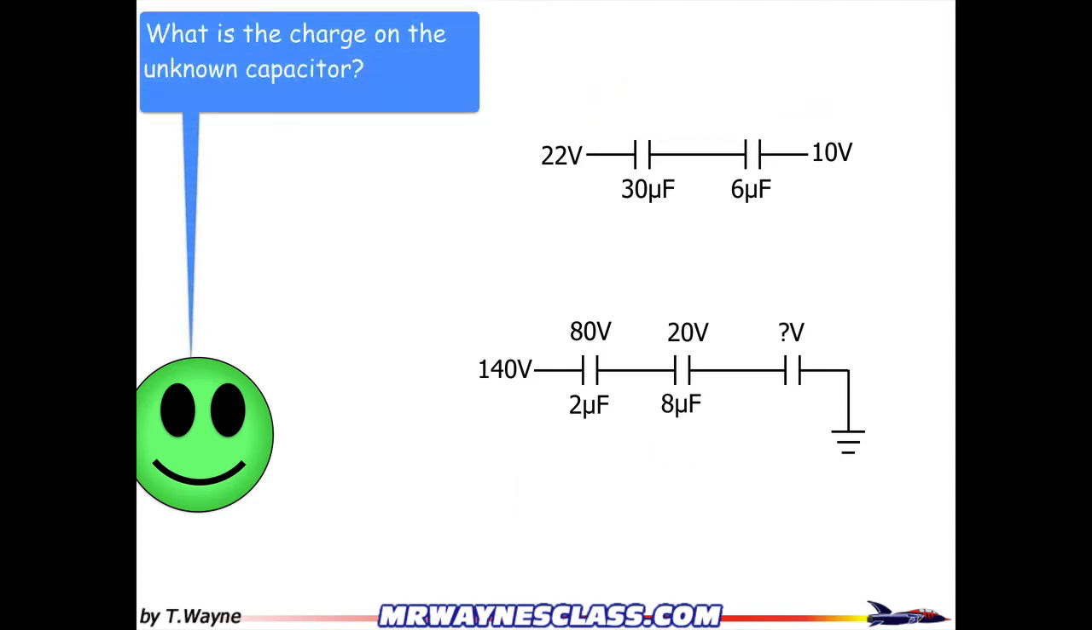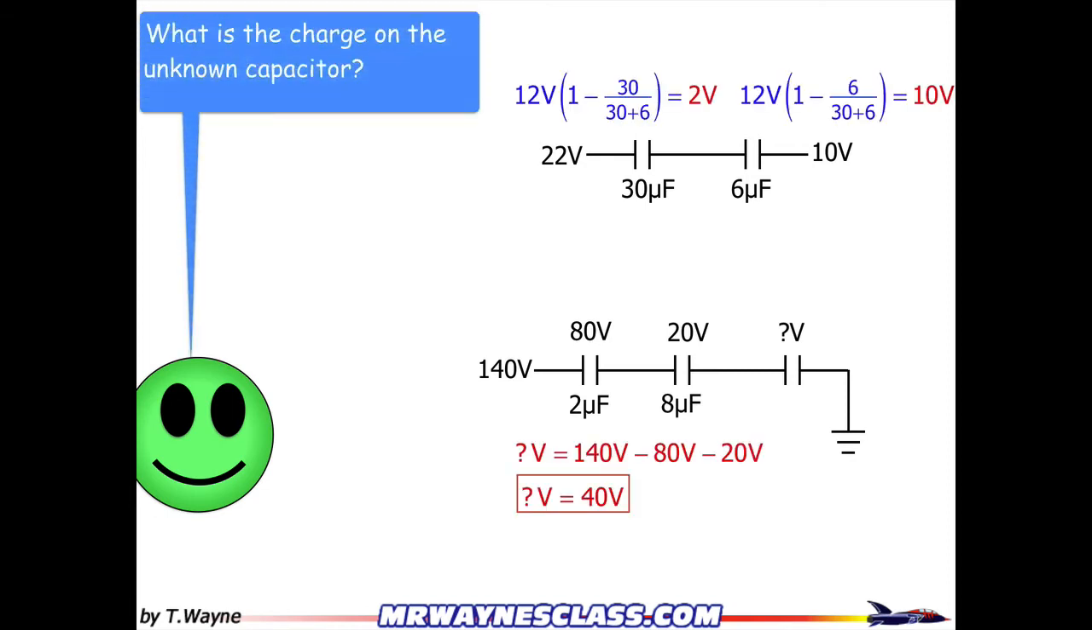What is the charge on the unknown capacitor? The charge, not the capacitance, but the charge. So I know on that unknown capacitor, I can pick any one of these and see that the charge is going to be 160. So the charge for capacitors in series, a charge on any capacitor, is going to be capacitance times the change